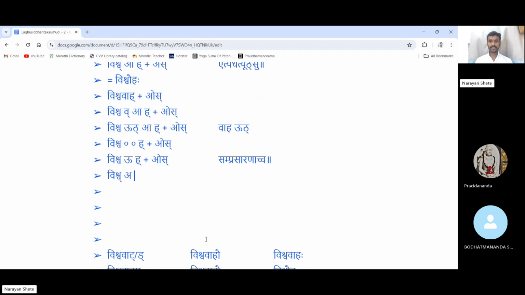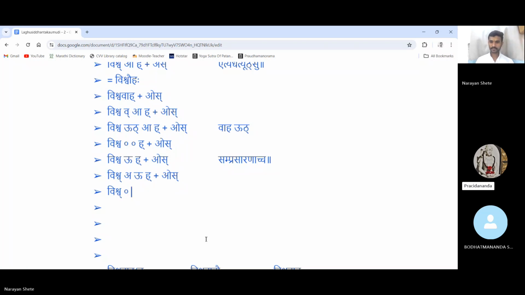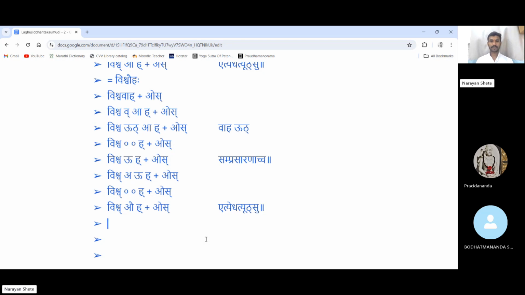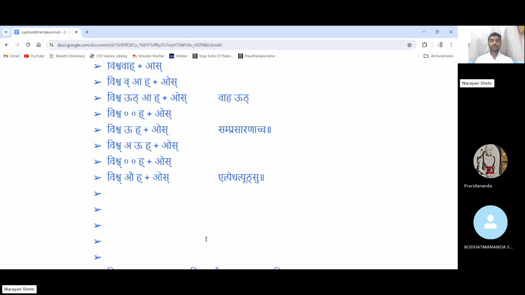Vishwa-vah-u-dhana-os. In this situation, A and U again, Vriddhi sandhi will take place. It happens by Etya Dhatyutsu. Vishwa-vah-os, and then this: